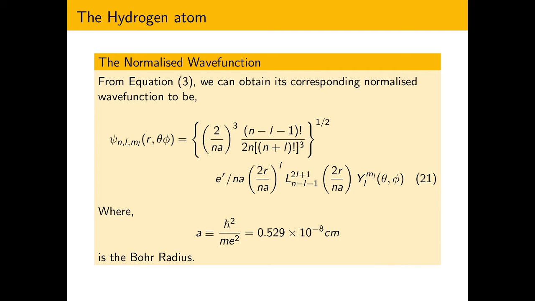Now, close inspection tells us that there are, this might be a mouthful, but just listen to this. There are 2L plus 1 different m_l's for each L, and n different L's for each n. I will say that again. There are 2L plus 1 different m_l's for each L, and n different L's for each n. So the total number of distinct states that share the same quantum number n, and hence the same energy level, is